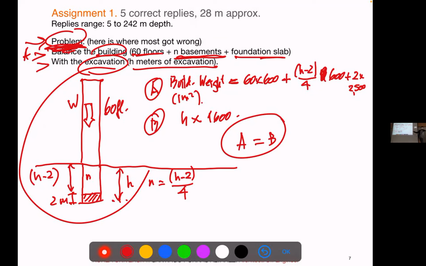I will not do the mathematics. You can do it for me and tell me if 28 more or less is correct or not. At least 5 more people agree with me, and I think it's the solution, and it makes sense, right? So that means those 2 meters of foundation have a huge impact on the weight of the building, right? That helps the stability, of course, but there is both a huge amount of material and a lot of weight. Any question here?